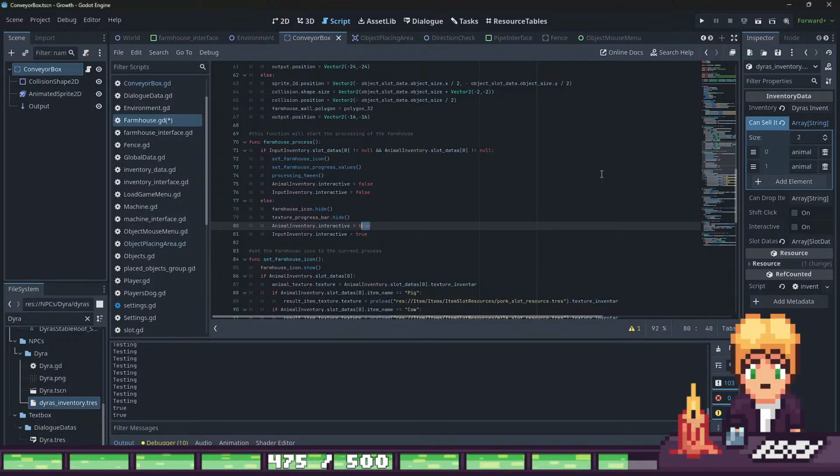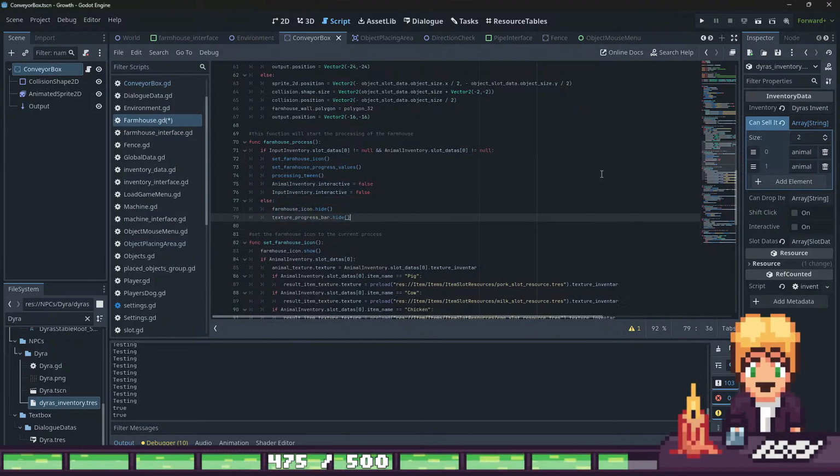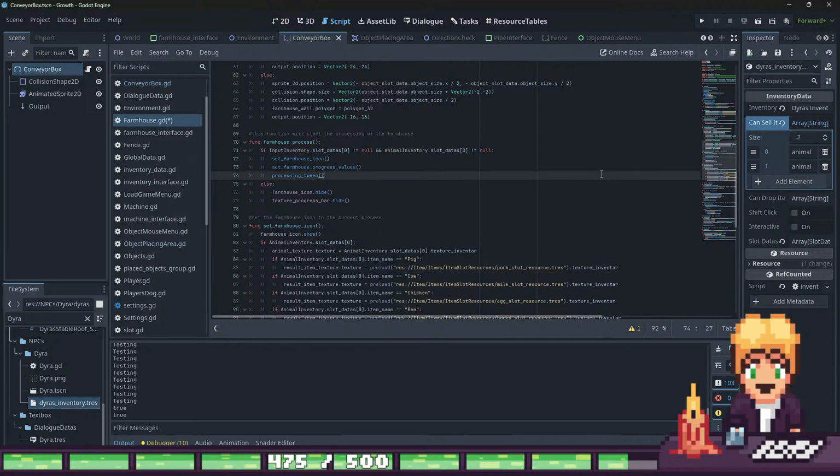Wait, why is it set to false? This is actually not necessary. I want it interactive all the time. I just do that the player